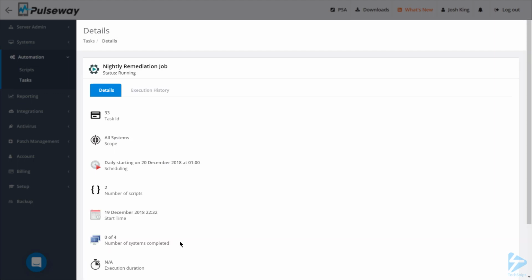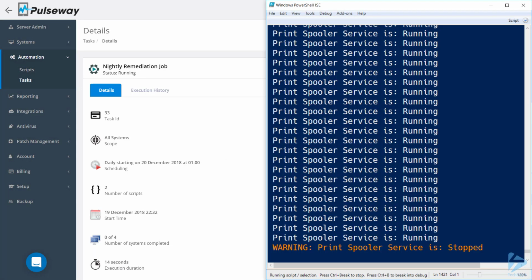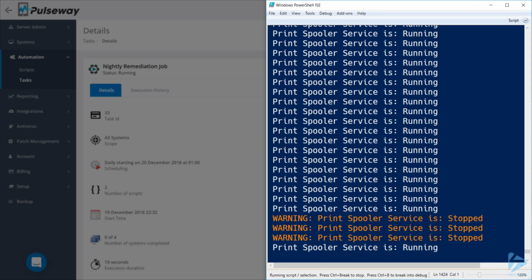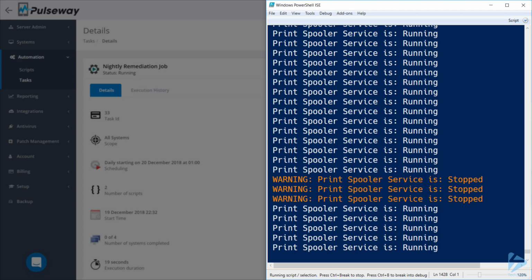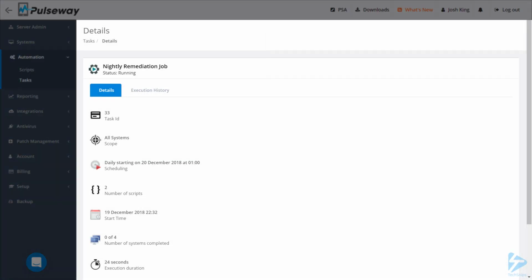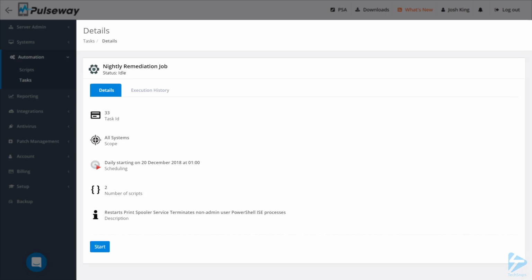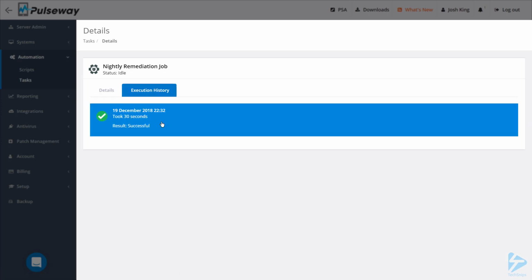So we can see it's targeting 4 systems, and it's currently completed 0 of them, and the status of the job is running. If I pull up my ISE, I'm actually currently checking my print spooler, and you can see that it was automatically stopped and then restarted, and now my ISE session has been automatically terminated. So we know that this job has successfully run against my machine, and if we check the execution history, we can see that the entire job was successful, meaning it was successfully ran on the other 3 servers in the